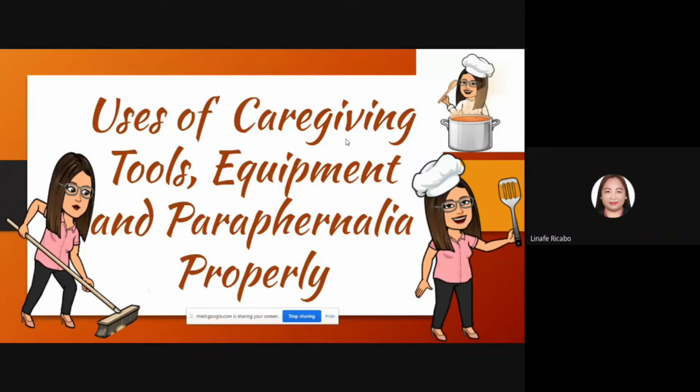Again, as a review, we have 3 classifications of caregiving tools. First, we have the tools, equipment, and paraphernalia for meal preparation. The second one is tools, equipment, and paraphernalia for cleaning, washing, and ironing. And the third one is tools, equipment, and paraphernalia for taking vital signs. Okay? So I hope you don't have any question with regards to classification and of course the definition for each